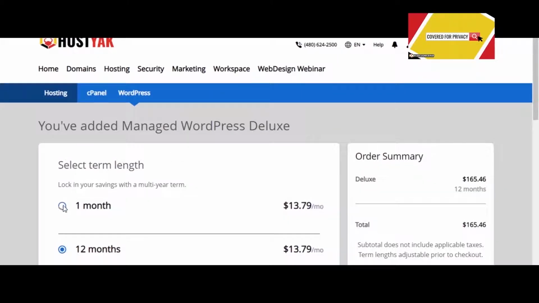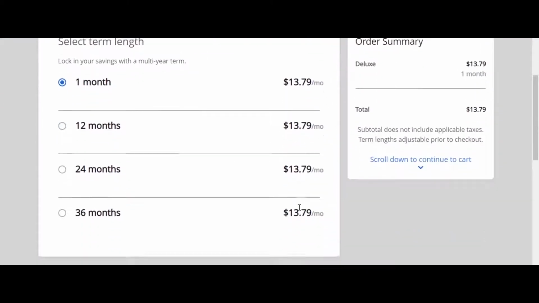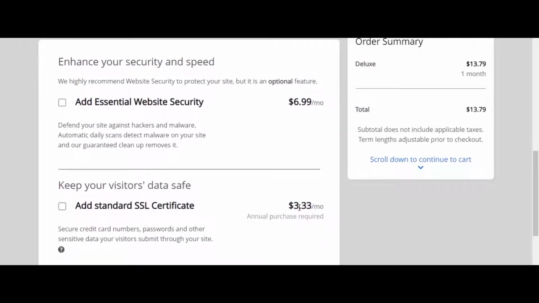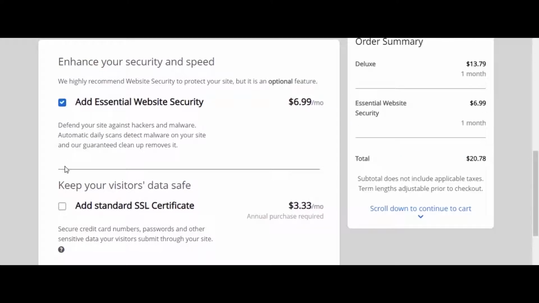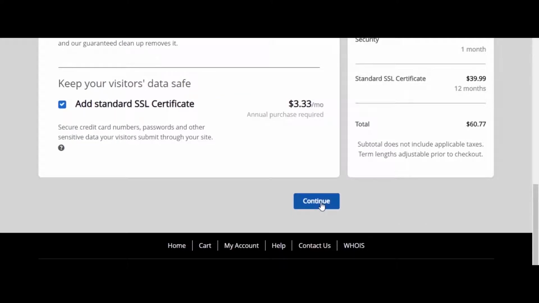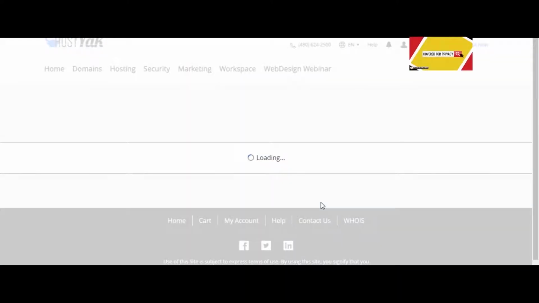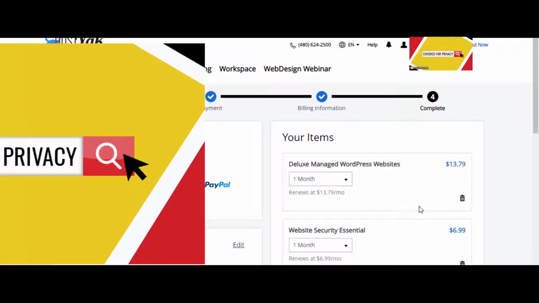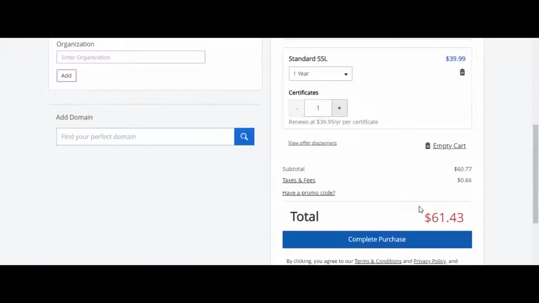I'm going to go ahead and drop this down to 1 month. So we're going to come on down the list. These are the other two things I had mentioned in the intro video, which is your website security and your SSL certificate. Click continue. And now that we're here, you can see the total sitting right now is